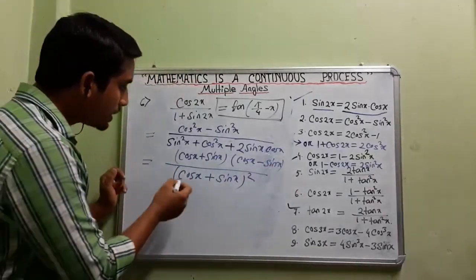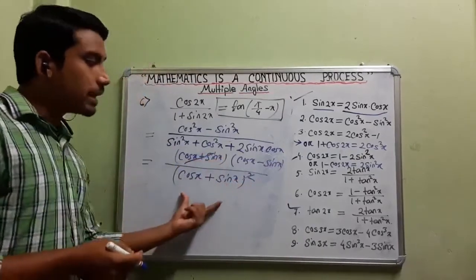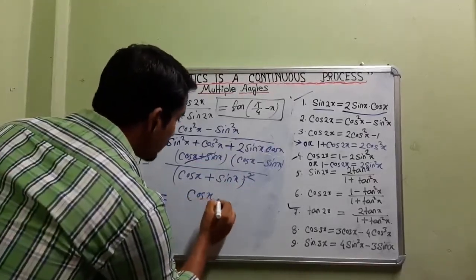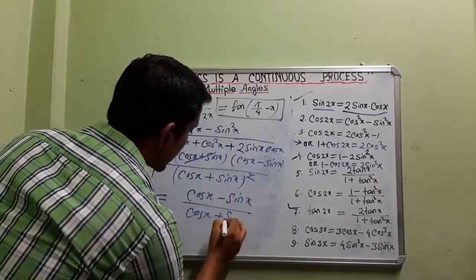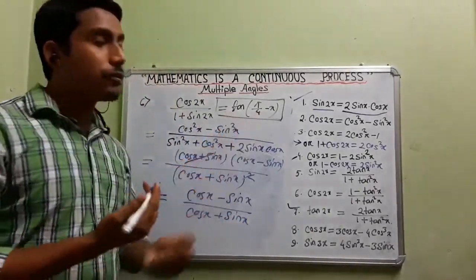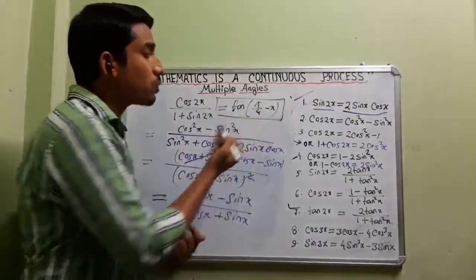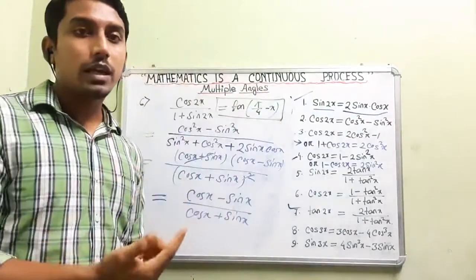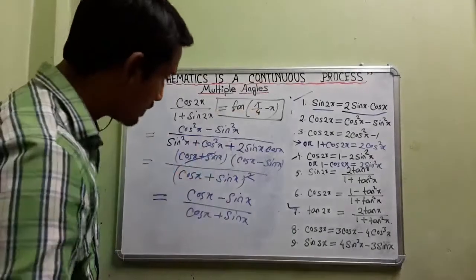Now you see why I have written cos x plus sin x whole square, so that it will get cancelled with one part of the denominator, and another part will remain. So what is remaining? In the numerator there is cos x minus sin x, and in the denominator you are having cos x plus sin x. Okay, this much we got. Now what will we do? We need to get tan of pi by 4 minus x. Pi by 4 means 45 degrees, and you can see, if you concentrate, this is a compound angle formula: tan a minus tan b divided by 1 plus tan a tan b, isn't it? So we need to get that format so that we can put this one.